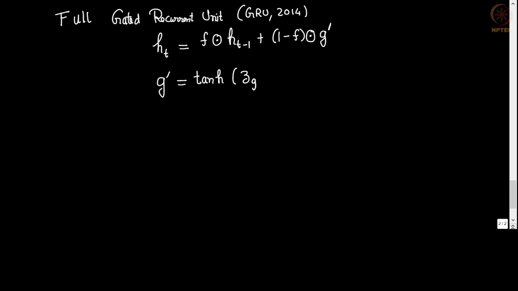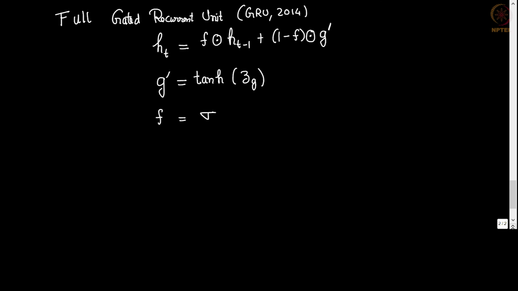So, the expression for that is very similar to the one that we had before with some small variations. So, this portion is the same, f times Ht minus 1 plus, instead of 1 minus f times G, which was the vanilla RNN output, this is a modified vanilla RNN output G prime, and I will write the expressions now. G prime is tanh of Zg,